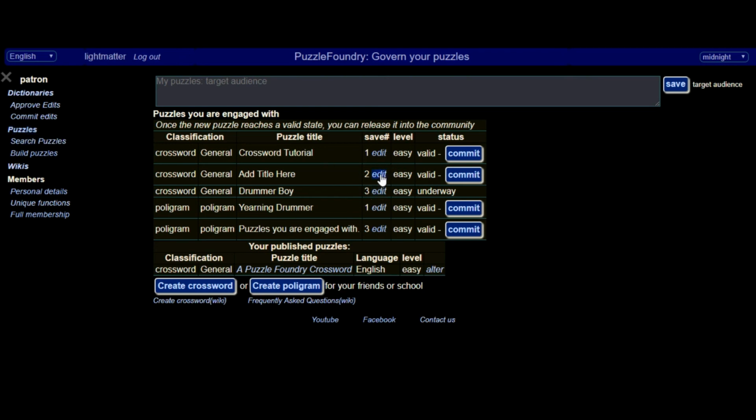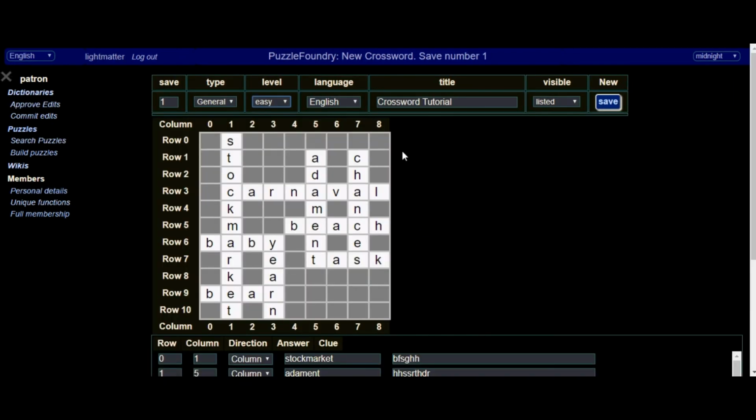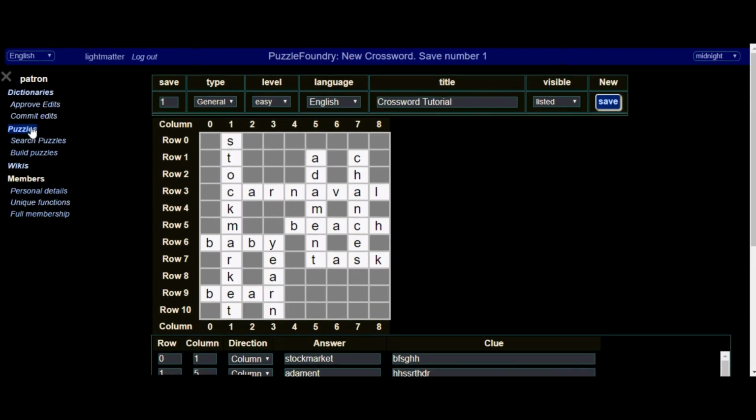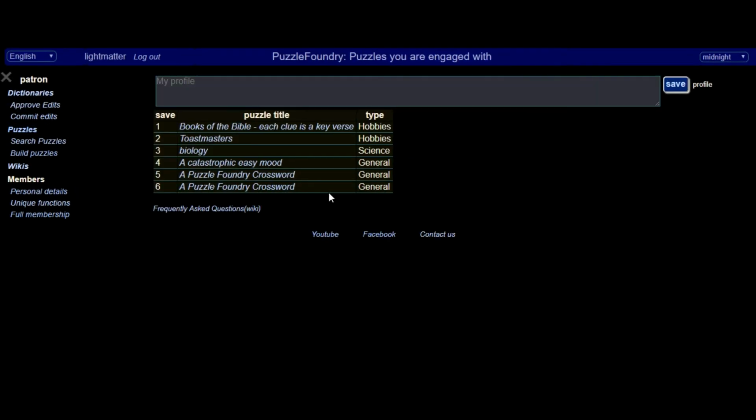And finally, we can go back to the edit button over here and then change the crossword in any way that you still feel like you want to. So yeah, that's everything for this